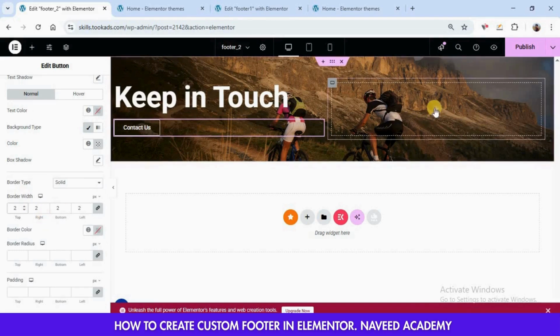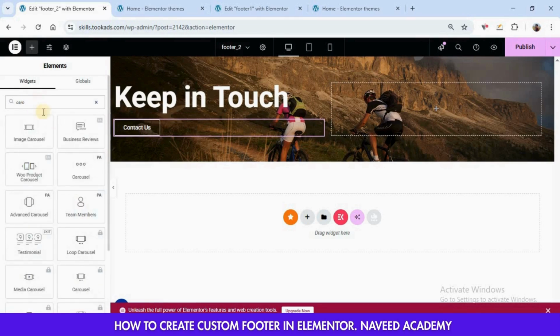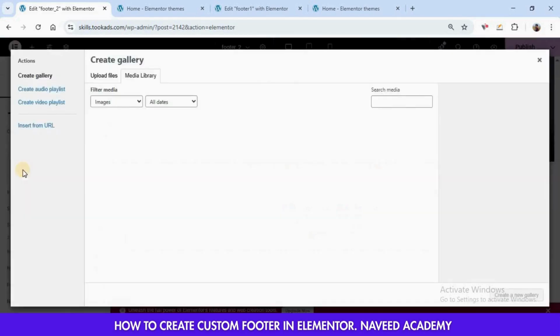After that, click here on this plus icon and search for carousel. Drop the image carousel in this container. Now we need to add some images.